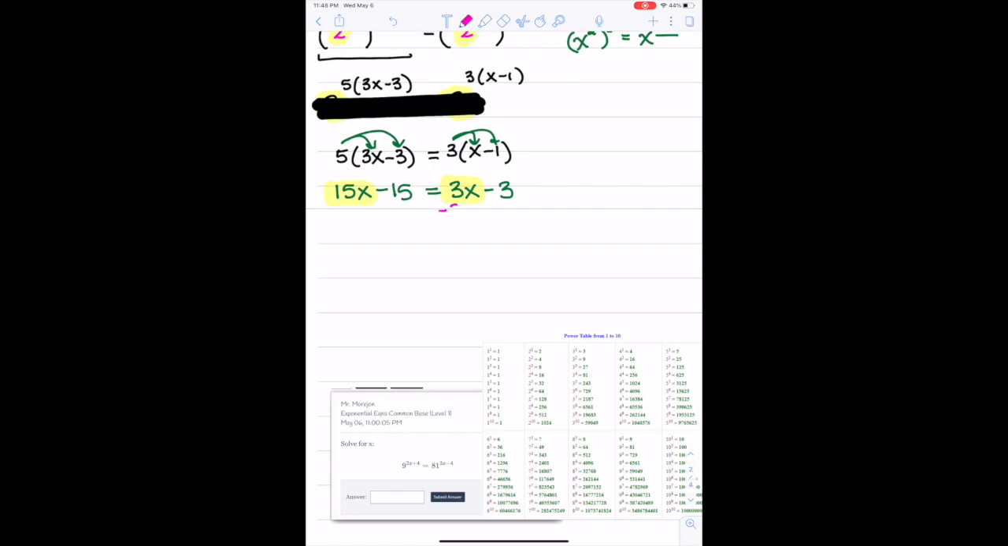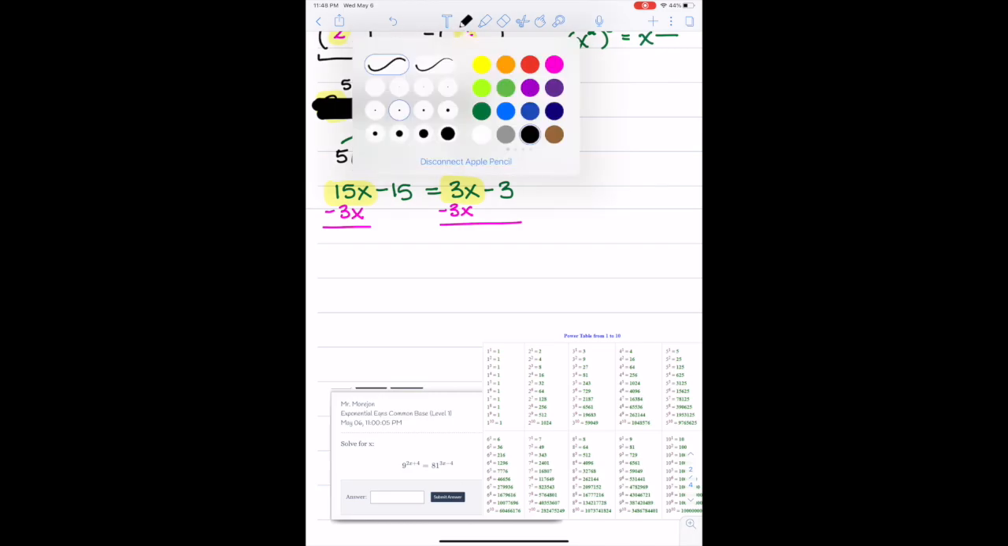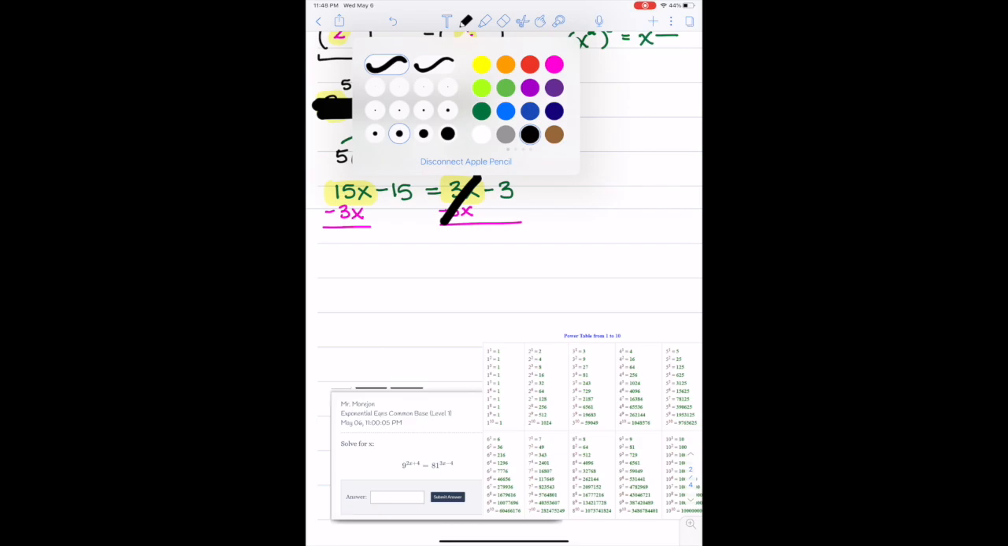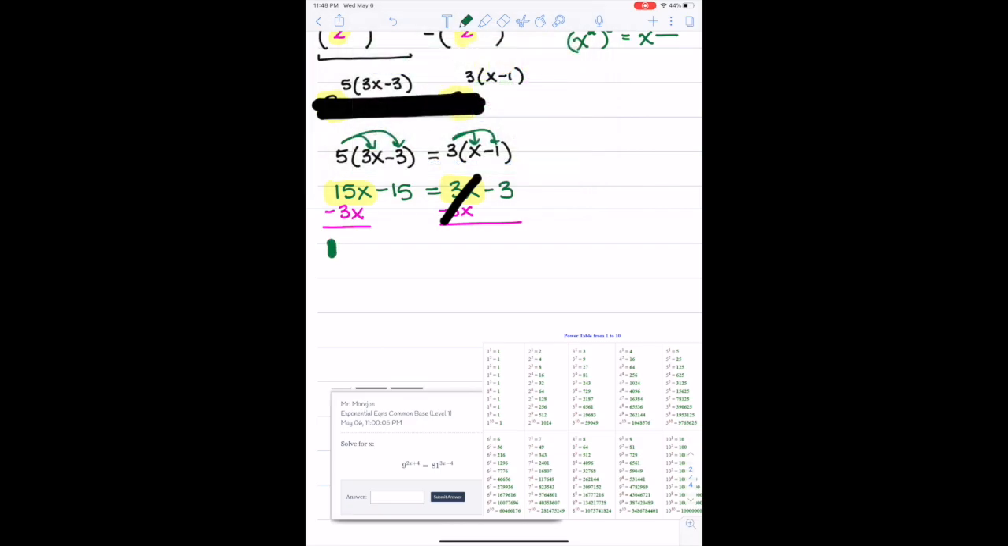So I'm going to go ahead and move. I typically like moving the smaller one over, but it's really up to you. It doesn't matter. So again, this one goes away, or becomes 0, I guess I should say. So this is 12x minus 15 is equal to negative 3. Then I see another pair of like terms. So I'm going to bring this 15 over. Then those will cancel. And then I am left with